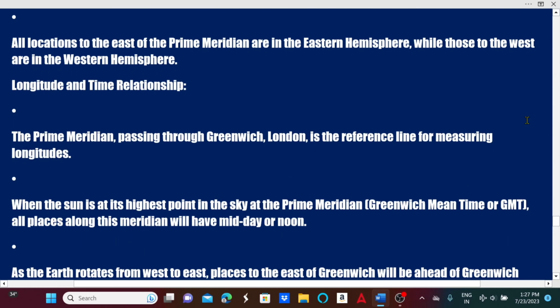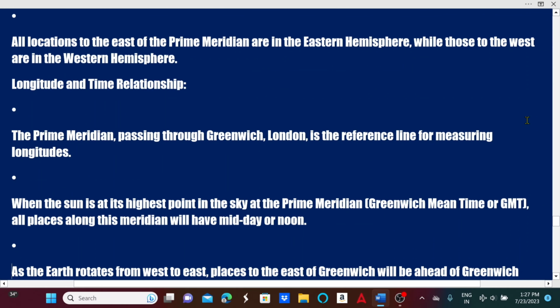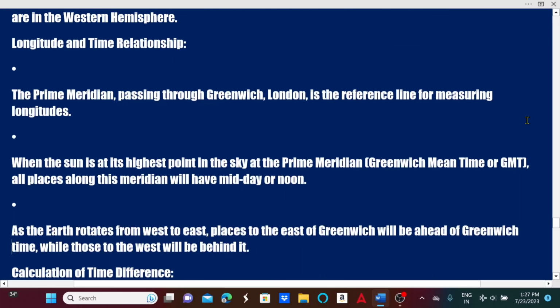So it means time will start from Greenwich, the prime meridian. As the Earth rotates from west to east, places to the east of Greenwich will be ahead of Greenwich time, while those to the west will be